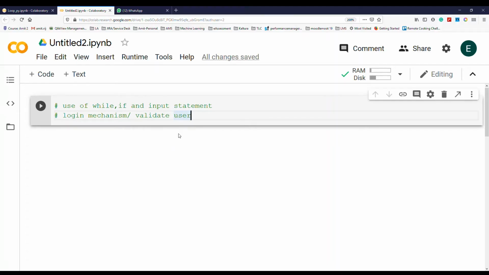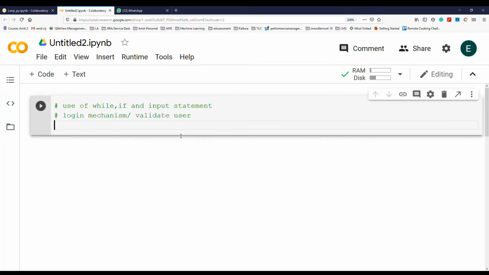Hello everyone. Today we will be talking about login mechanism or validating user while having a user input during runtime. So for this we'll be using while, if and input statements. Let's get started. First initialize the